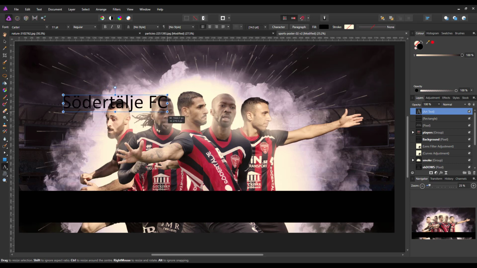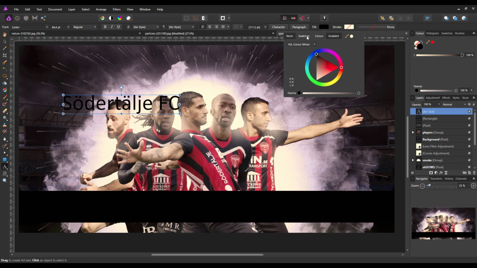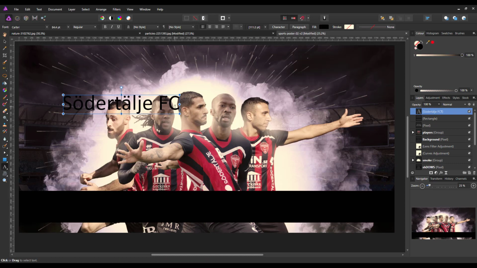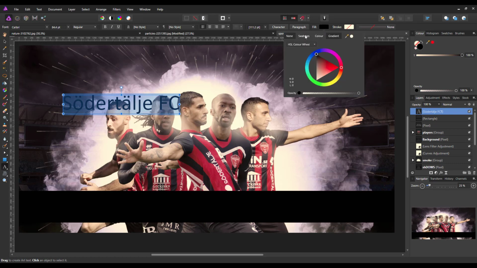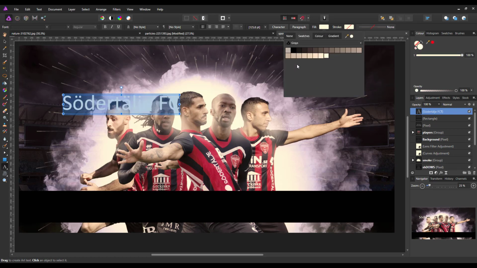This is the name of the Swedish football team, which I wasn't going to pronounce, so I'm going to change the color of that to white, or at least I would if I'd highlighted the text first. Let's try that again. Right,